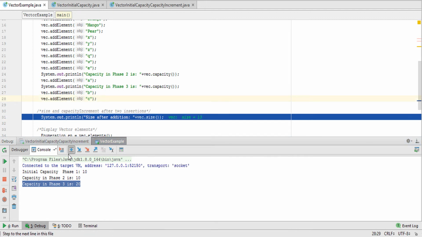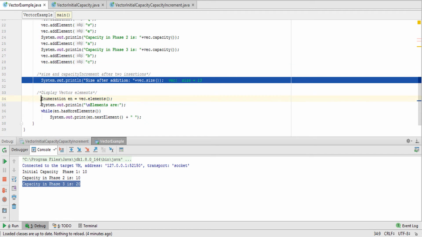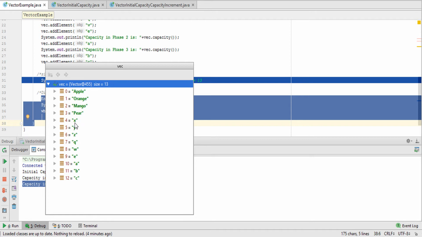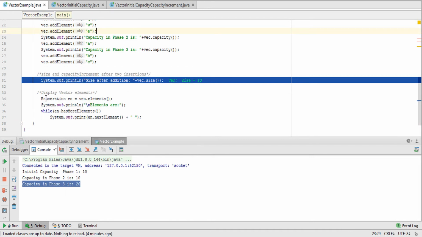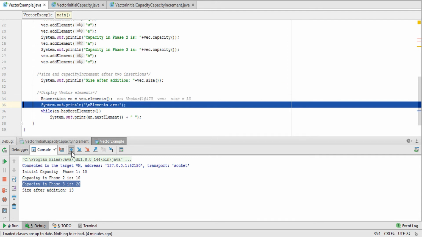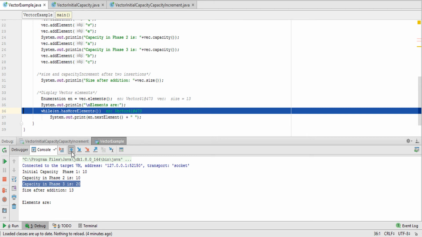Next, this is the way we print each and every value in the vector: apple, orange, mango, pear, x, y, z and c, with the help of this enumeration en equals vec elements. Let's create the enumeration, and the system prints the elements, and we traverse one by one to each and every element in the vector.